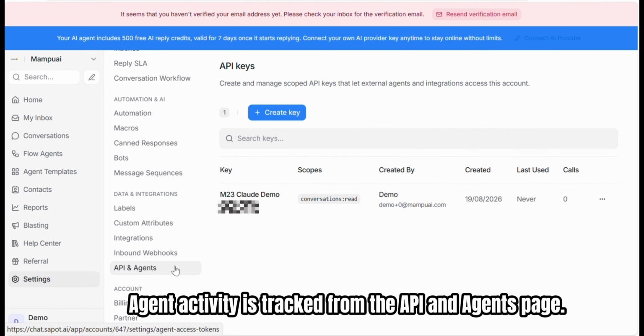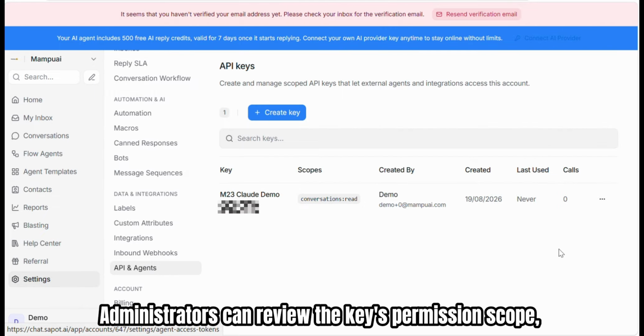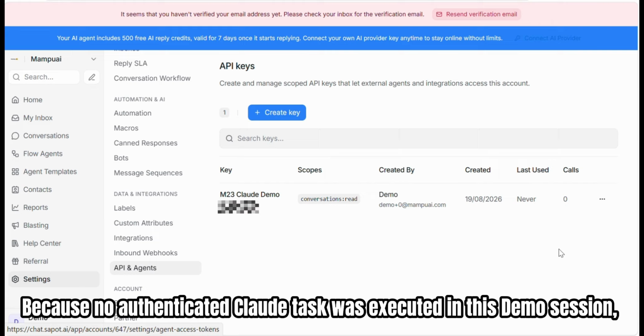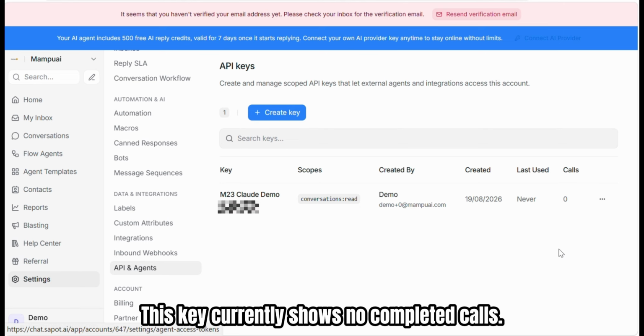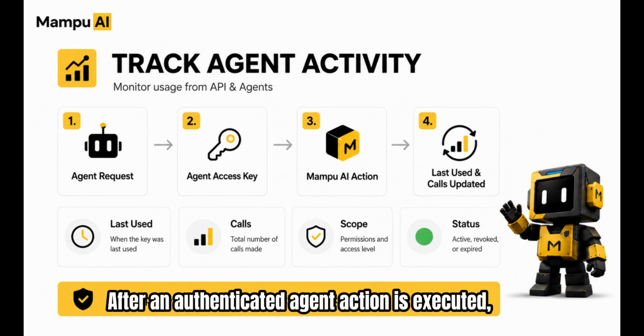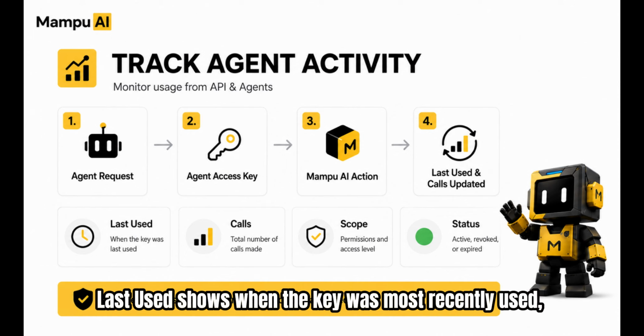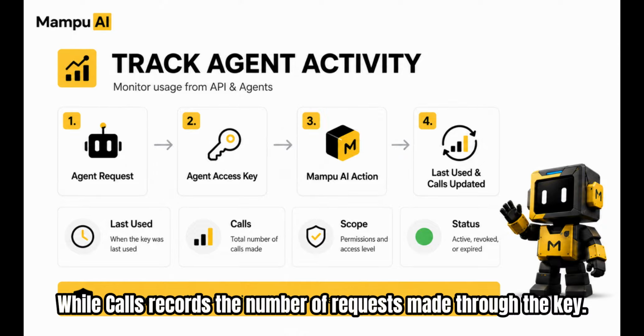Agent activity is tracked from the API and Agents page. Administrators can review the key's permission scope, when it was last used, and the number of calls made through it. Because no authenticated Claude task was executed in this demo session, this key currently shows no completed calls. After an authenticated agent action is executed, Mampu AI updates the activity associated with that access key. Last used shows when the key was most recently used, while calls records the number of requests made through the